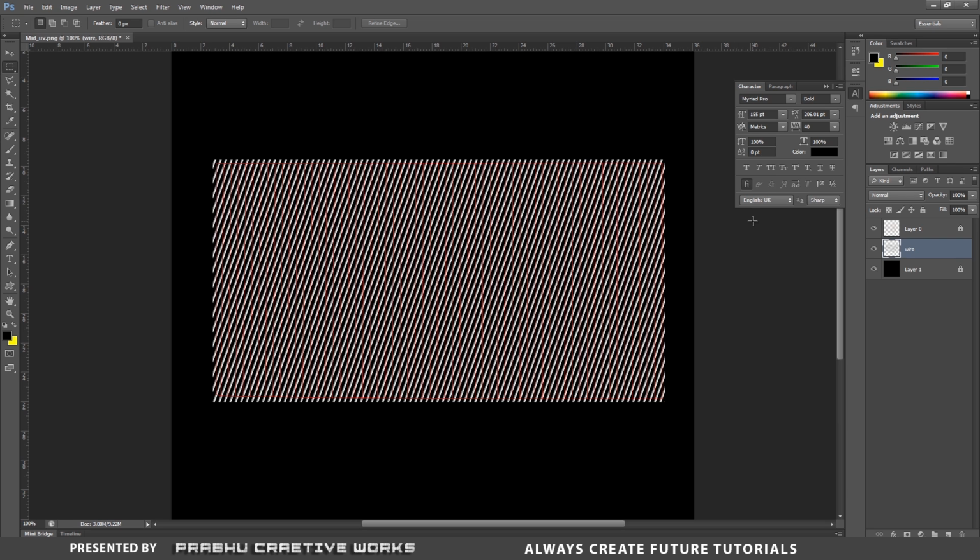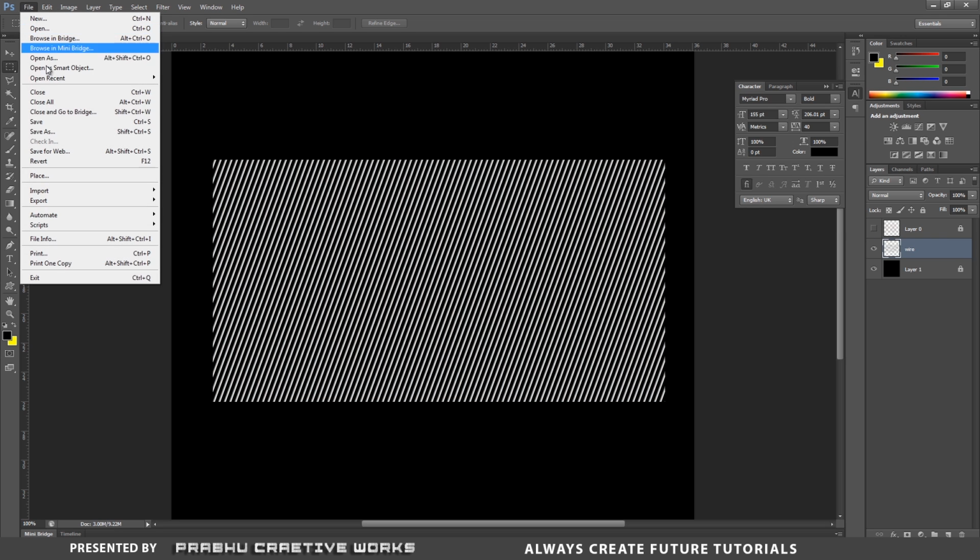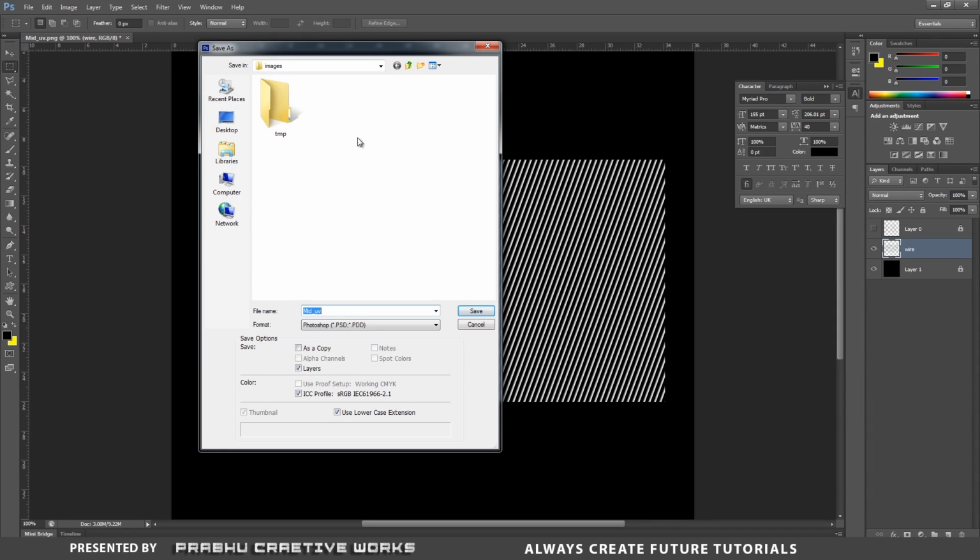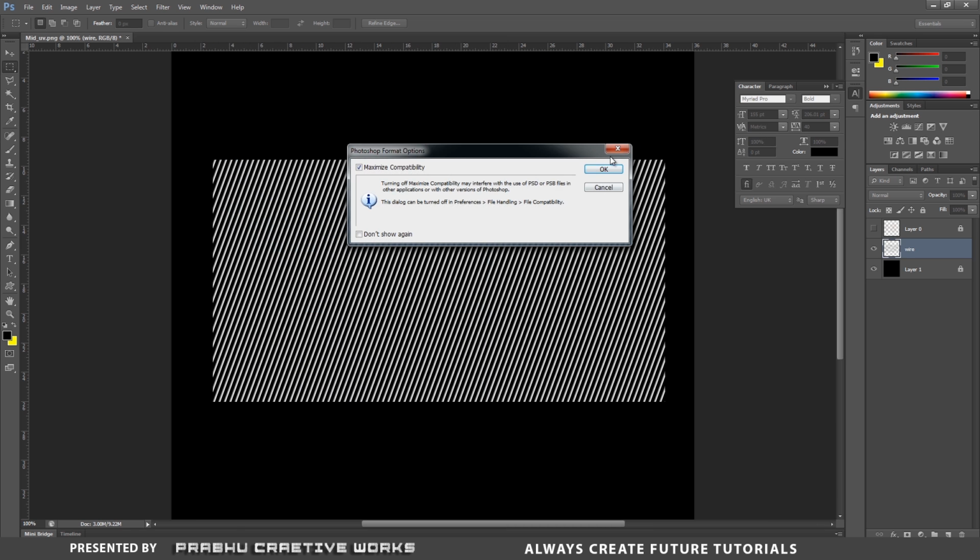Now I hide this layer 0, so now it will hide our wireframe. Now go to File and choose Save As. In your images folder, I want to save this as mid_CLR as a Photoshop file, because in future we need to adjust, which means you need a Photoshop file. So I will save in our destination folder images as mid color, format as Photoshop, and click Save